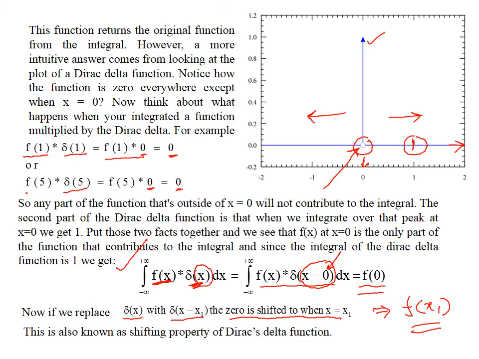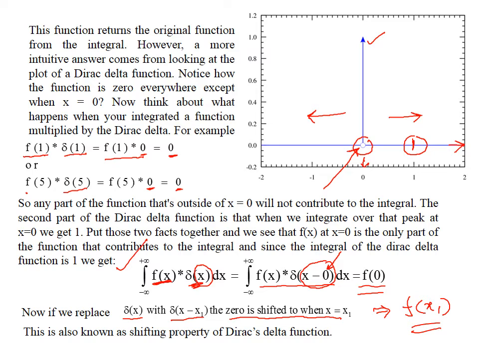If I want to find the value of a function, say at point 1 here, you can see that I have put f of 1 into delta of 1. f of 1 means the function value at 1, and delta 1 is the value of Dirac's delta function at 1. You can see at this point there is no existence of Dirac delta function, so f of 1 multiplied by 0, which is the value of Dirac delta function, the result is 0.